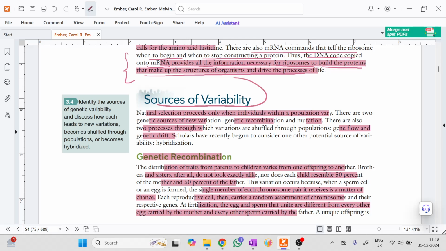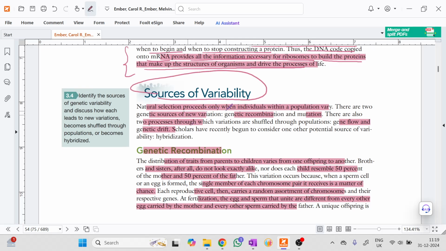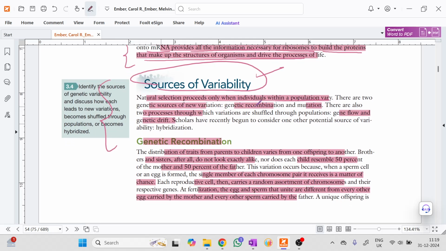Now let's talk about sources of variability. Natural selection proceeds only when individuals within a population vary. This is the first condition for natural selection to take place. If there are no variations, how will natural selection select anybody? Selection will happen only if there are different versions to select against. The sources of this new variation are genetic recombination and mutation, and there are also two processes, gene flow and genetic drift, that are also associated with the integration of variations